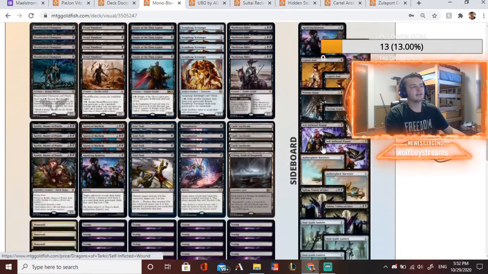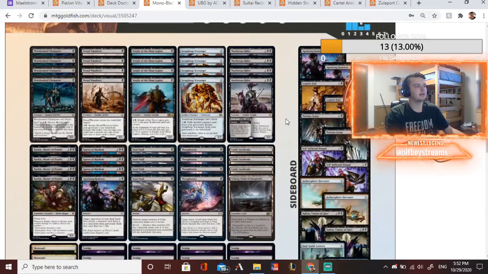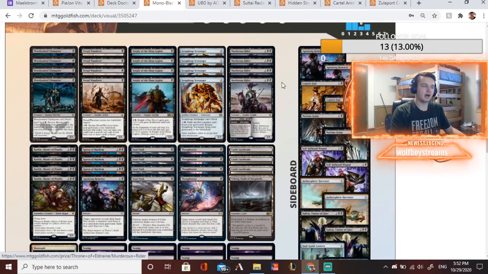Mono Black is probably going to be your hardest competitor behind Sultai Reclamation, and that's just because of how fast it is compared to us. Like, we're not the fastest deck in the world. We're still fast, but we're not really very fast. This deck definitely goes under us, and what we want to do is make sure that we're bringing in those Leyline of the Voids, those Lilianas, and Kalidases, and the reason